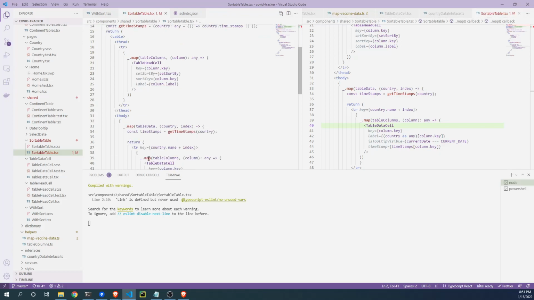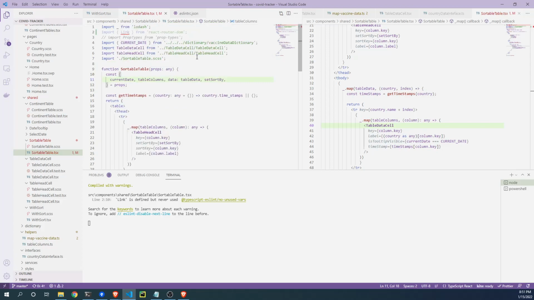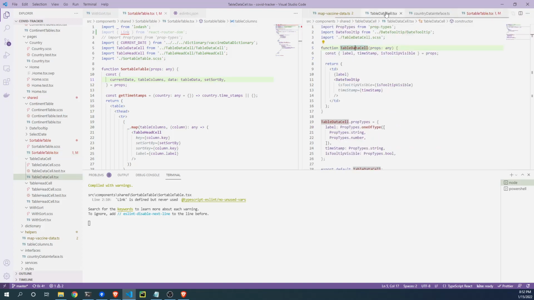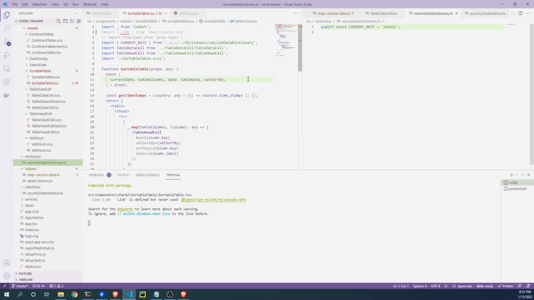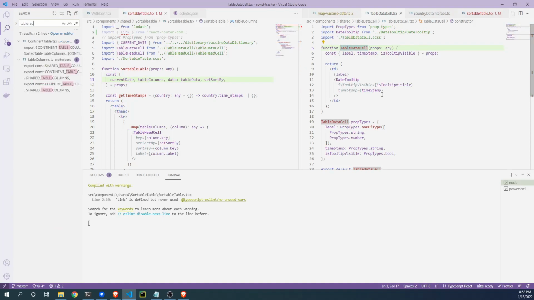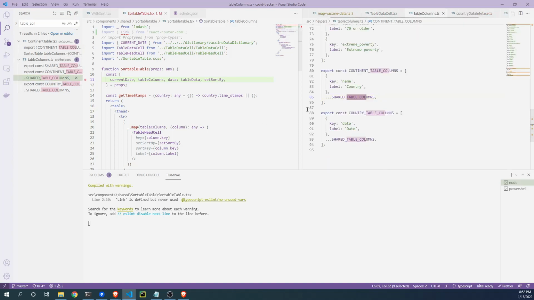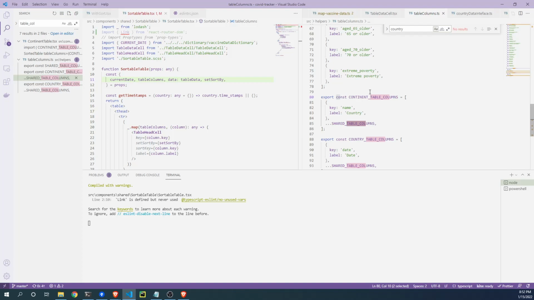Okay, and in the table data cell, column key. Let's see, the table columns, where are the table columns? In the dictionary. No, not in the dictionary. Let's see. Columns, shared table column. Okay, so the key would be, where is the country? Key, name. Oh, okay, so it's name. Okay. So in the continent table columns, we're gonna do